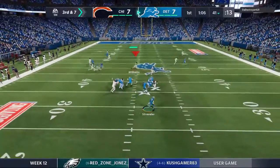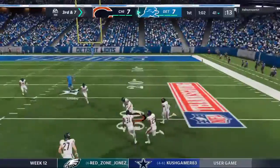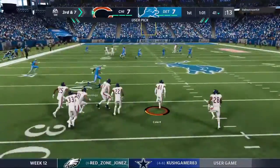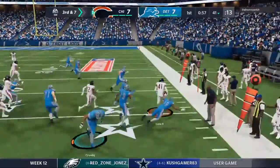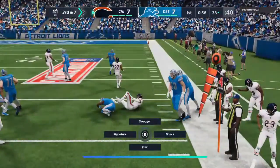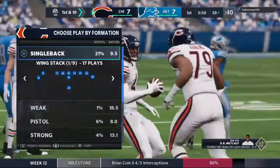On 3rd down, he'll drop to throw. Flushed out right. And in heavy traffic, and it's intercepted. Picked off at the 30. And he'll take this all the way down to the 38-yard line. A young quarterback, Charles